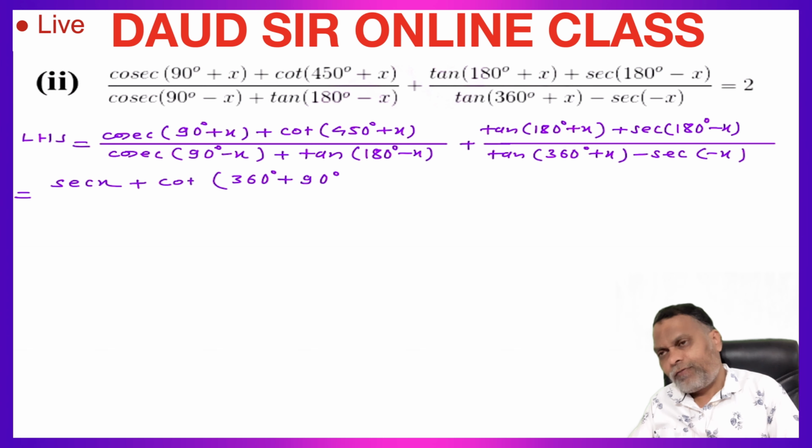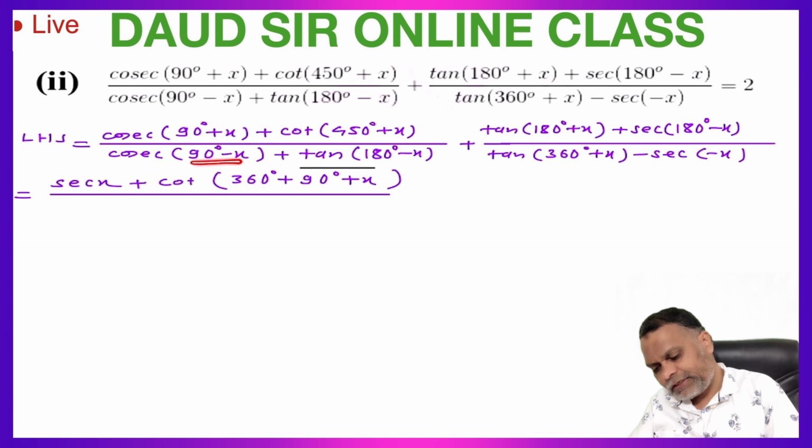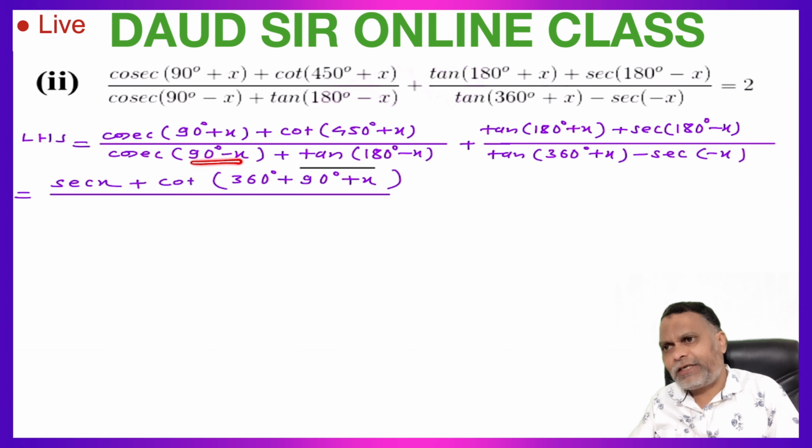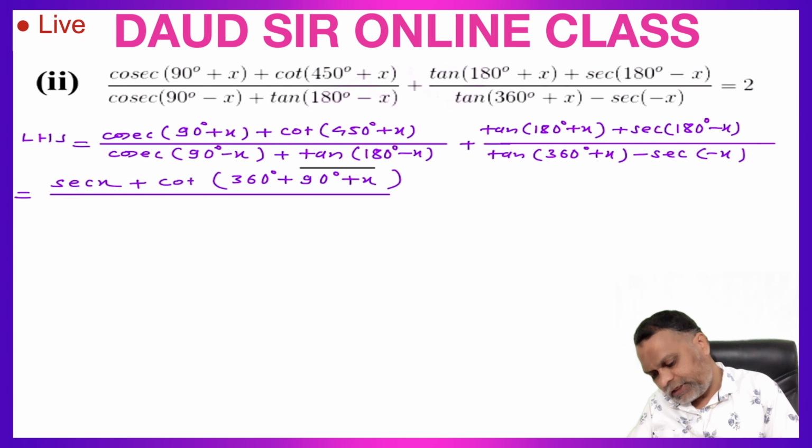360, 450 can be written 360 plus 90 plus x. We can put bar bracket here upon cosec 90 minus x. 90 minus theta lies in first quadrant. In first quadrant, all trigonometrical ratios are positive, so this is plus. In case of 90, change this cosec to sec. So this is sec x